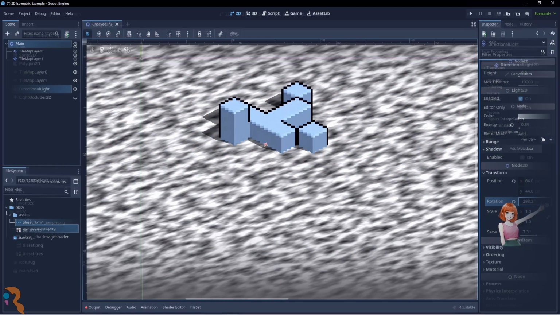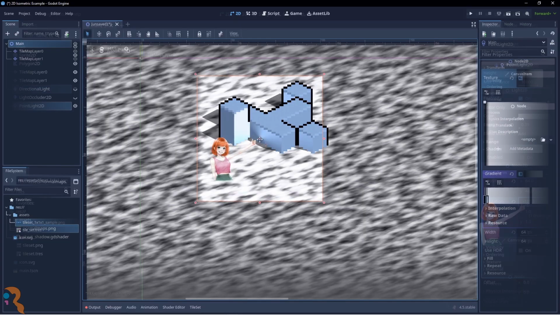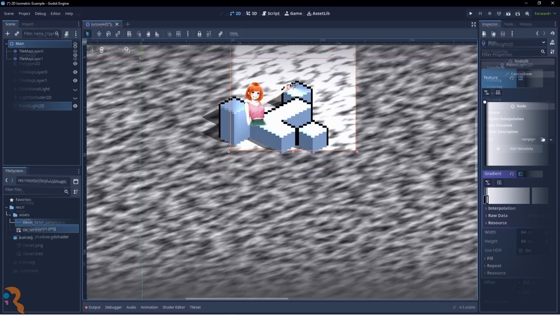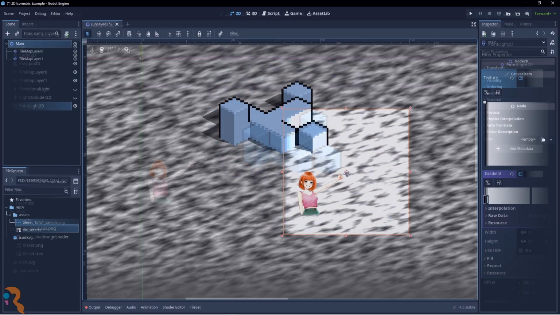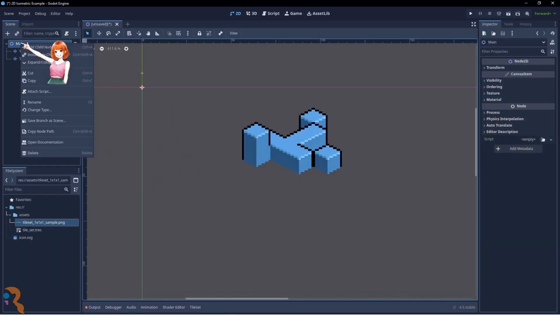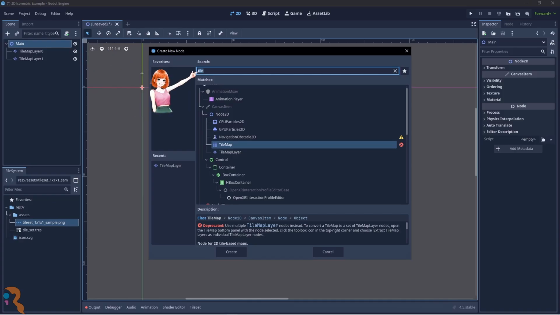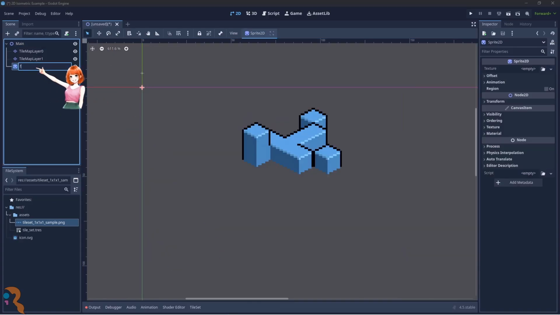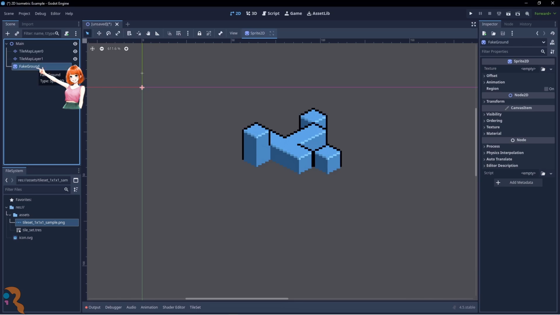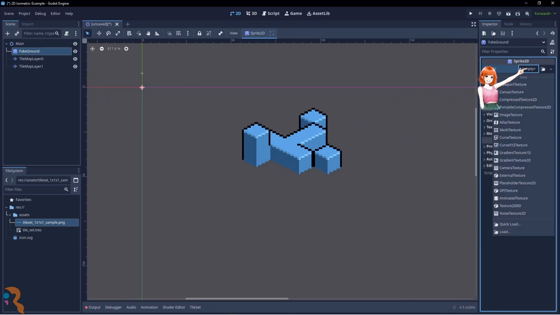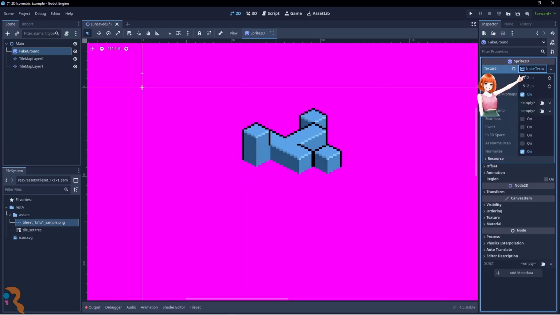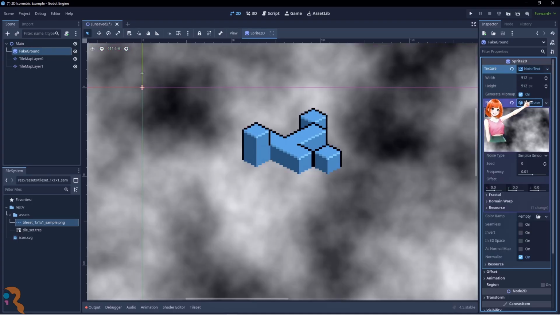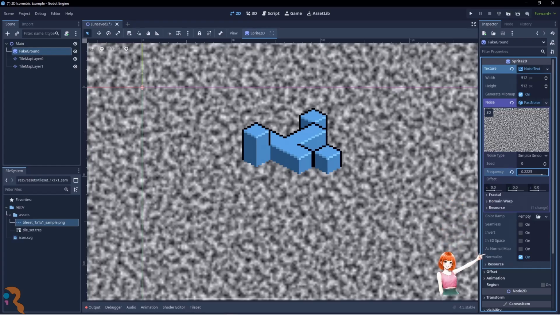The truth is that in 2D, shadows are inherently problematic and require a few tricks to make them look right. Let's see, for example, how to generate nice short shadows that do not work for a multi-level isometric game. First of all, we create a surface on which to cast shadows. For now, a sprite 2D will suffice, as it will only serve as a background. It doesn't matter which texture we use.